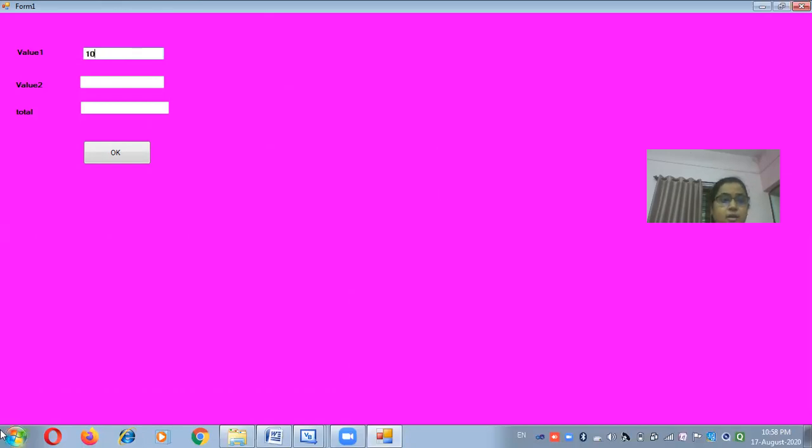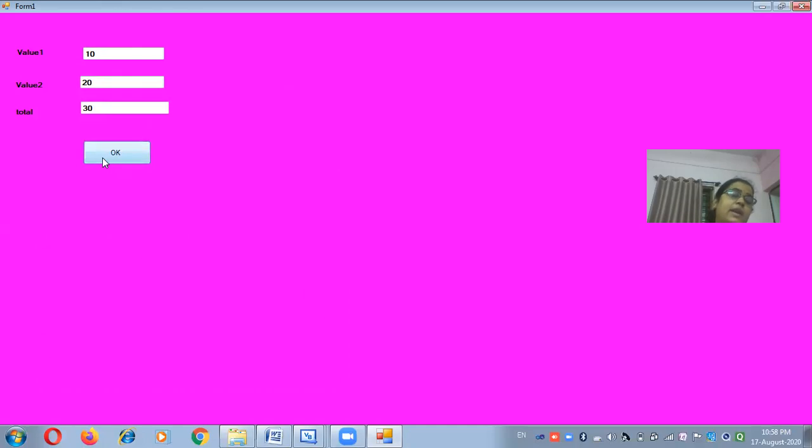You just enter value 1 and value 2, 10 plus 20, that is equal to 30. But 30 is not displayed if I click anywhere else in the form. It will be displayed when I click on the OK button.